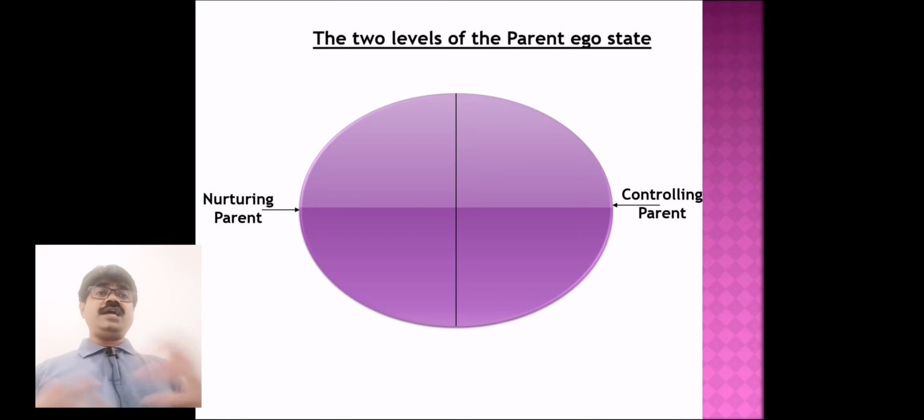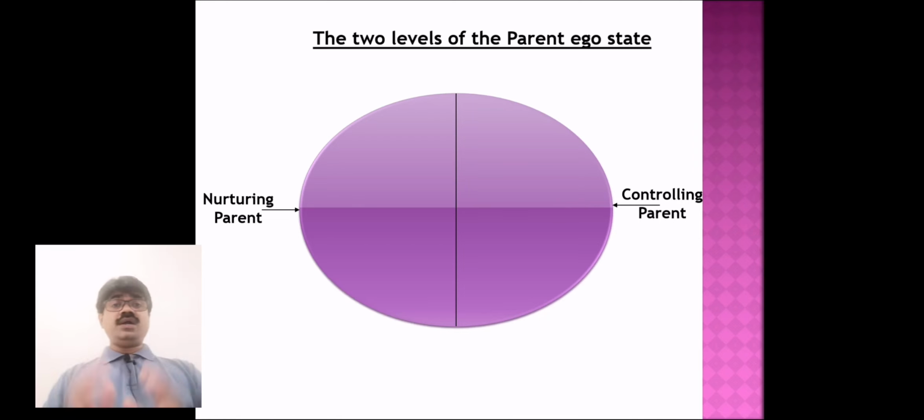So there are two types, and at times your parents also behave like a nurturing parent. "Come on, you can do it. I know you are capable of doing it. Do you want any help? I'm going to be with you. Don't worry, I'm there with you. Go ahead and do it." Always an encouraging and nurturing parent.